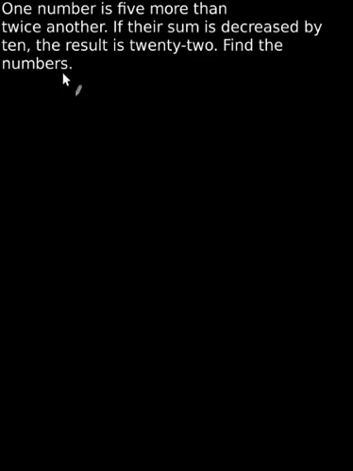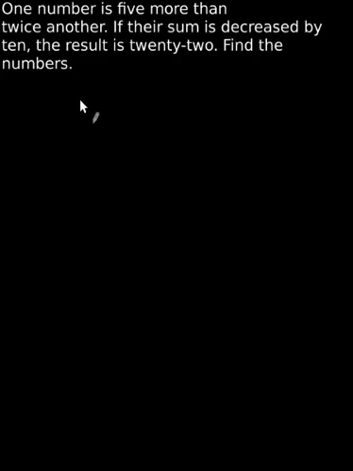Okay, so let's start by rereading the problem. One number is 5 more than twice another. If their sum is decreased by 10, the result is 22. Find the two numbers. With applications, we like to start by rereading the problem like we just did,